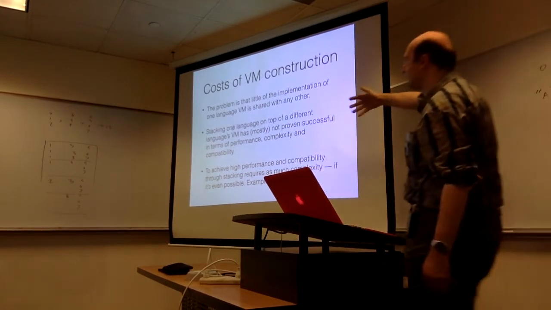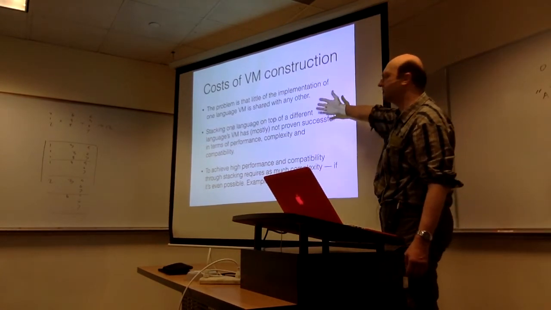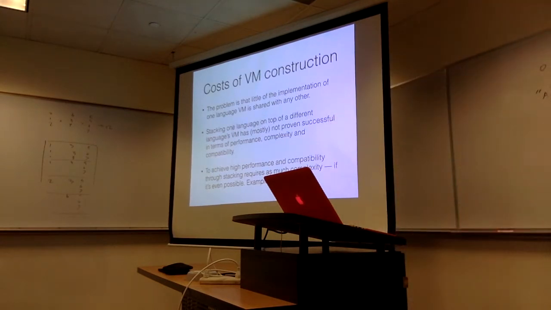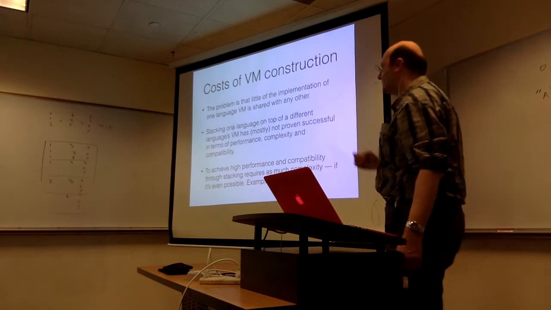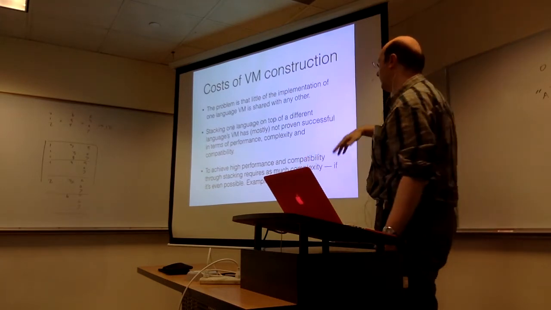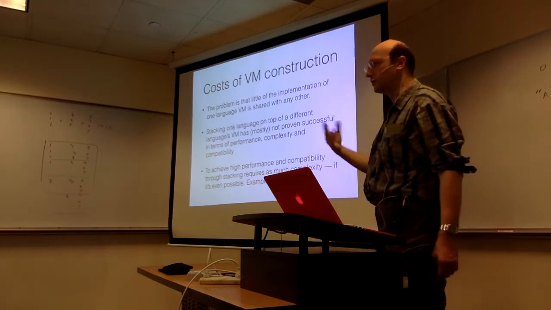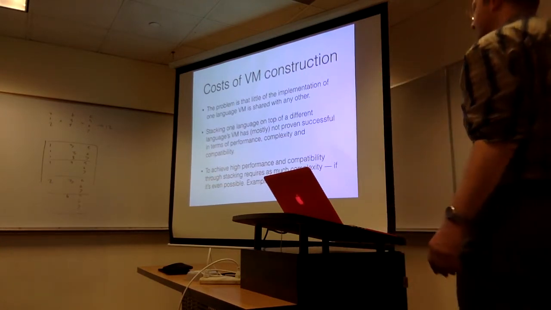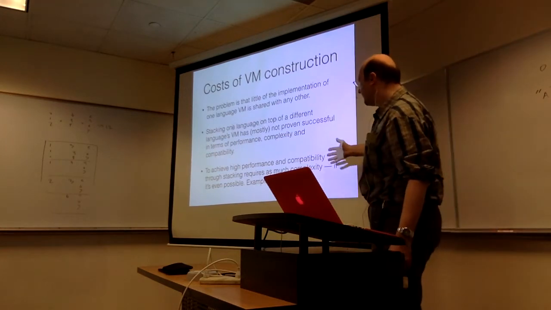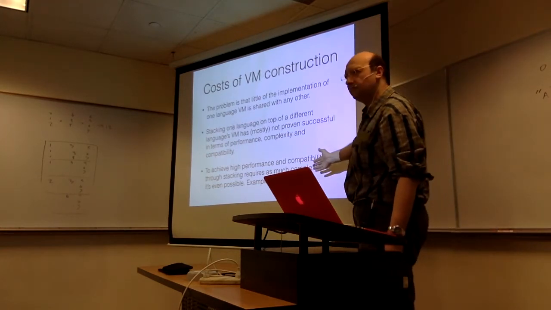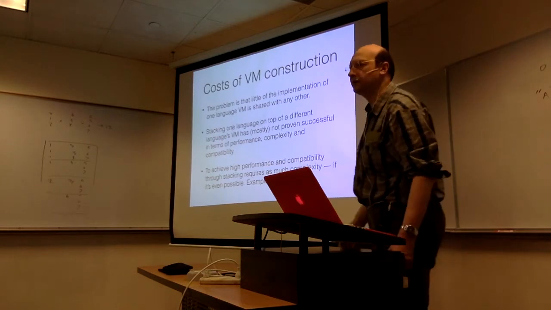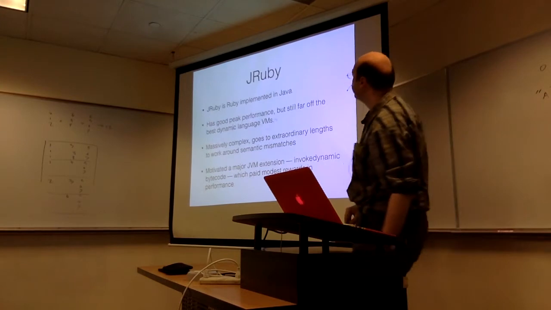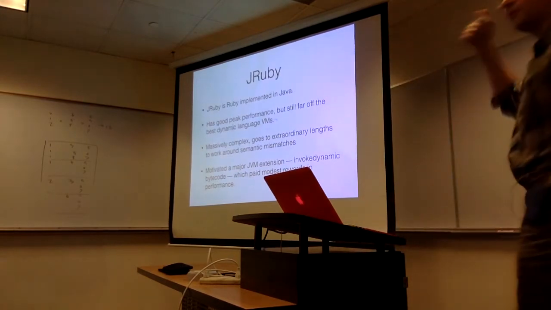You know, you can try doing the one language on top of another language's VM trick, stacking them up, but that's mostly not proven very successful. You either end up with something that doesn't perform well, or has terrible complexity, or isn't quite as compatible as the original implementation, or some mixture of those things. You know, and if you go down that path, you can get sort of decent performance, but at absurd levels of complexity. So if you look at JRuby, which is what I'm somewhat familiar with, JRuby is the Ruby built